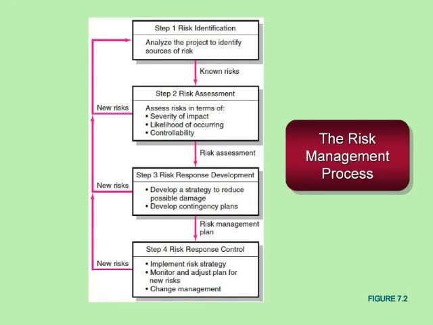So we'll have an implementation plan, we'll have a process in place to monitor and adjust the plan when new risks come up, and we'll make sure we have a change management process in place, because one of the biggest risks on projects is changes in the project, that scope creep thing we talked about a few chapters back. And so having a change management process as part of our risk management process, we'll be able to make sure that as things pop up that need to be fixed, quality issues, we can fix them. And as customers identify things that need to be taken care of, we can address those as well through a formalized process.